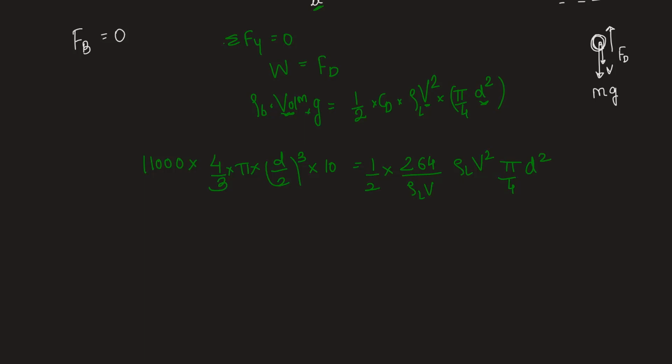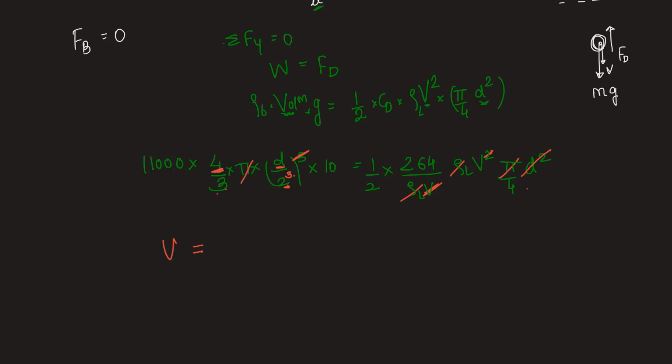So let's just divide the common terms out on the right hand side and left hand side. Pi and pi can be divided. Rho L upon rho L will be 1. V square upon V will be V. Then d square here and d cube from here. Don't forget to write cube here so that we don't miss out taking the cube of denominator. So d cube here will be only giving us d. So yeah, we have cancelled out all the common terms. And therefore now we are left with V will be equal to